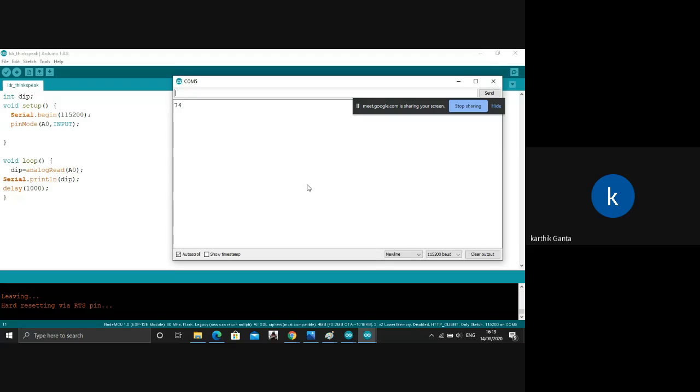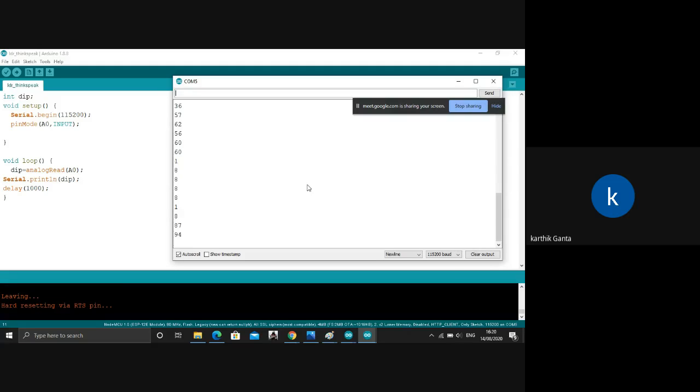Okay, done uploading. Now you can see the values that we are getting are 74, 75, 76, 78, like that. Now I'll switch on my camera here and I'll just switch on the flash. I switched on the flash of my camera, so you can see the values have gone high, right? When I switch off the flash, if I make the room so dark, I'll just switch off the light in my room. Now you see the value will go very, very low. Now you can see the values are in single digits, right? 1, 8, like that. I'll just switch on the light in my room.